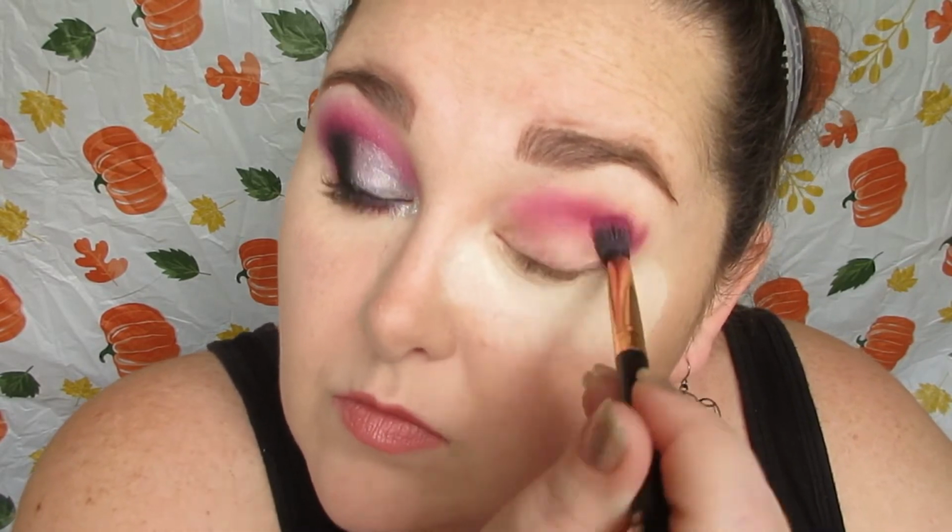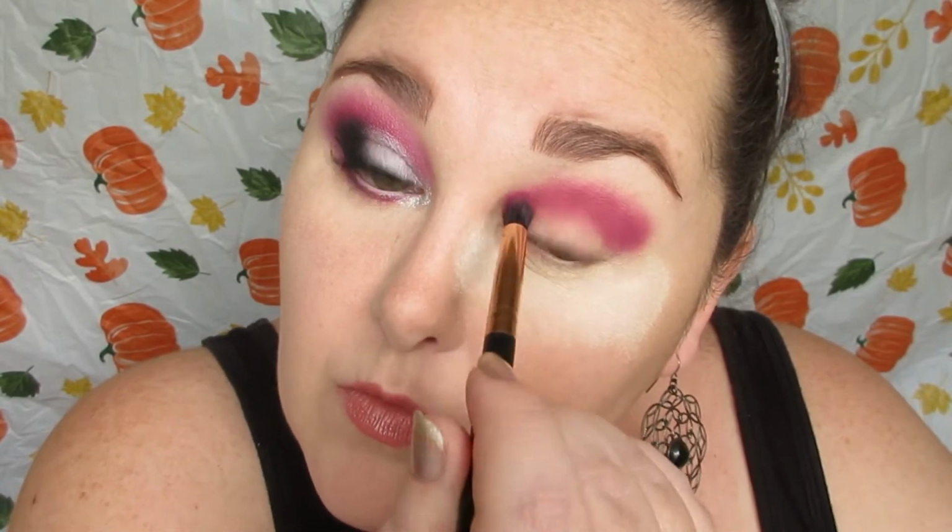Now this shade, they swatched okay. A lot of them aren't super pigmented. I know a lot of you probably watched my makeup haul, saw the swatches, but when you apply them to the eye, it is a bit different. Like with all eyeshadows and palettes, how they actually apply and work and blend are totally different from how they swatch sometimes. So I applied that in my crease, and now I'm taking Makeup Revolution's Cut Crease Canvas and applying